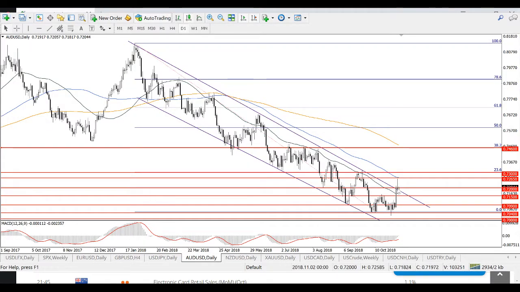Australian dollar managed to get higher, to get to resistance at 0.72 and even higher. The candlestick formed on Friday is a shooting star, and it is of course a negative sign ahead of this moving average, which has a negative bias, and which means that the strong resistance is located further at 0.7265 and 0.73. However, still on Monday, trading started on the positive note, and if we stay above 0.72, then